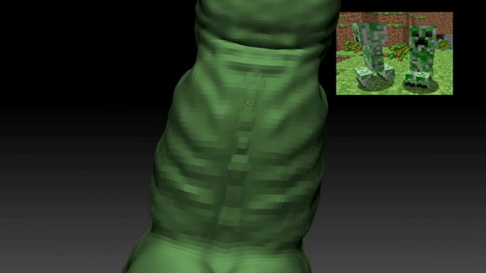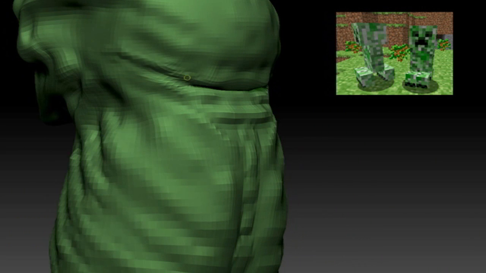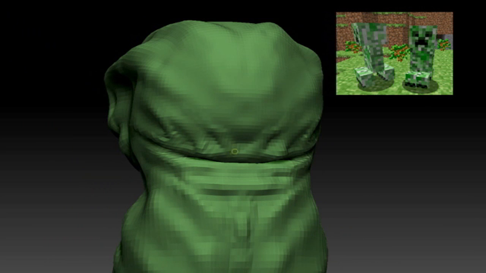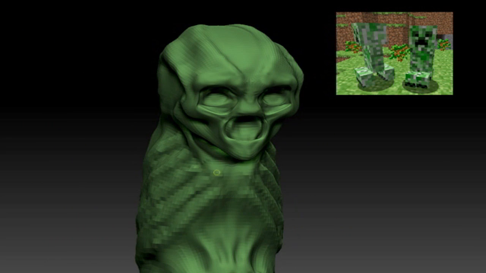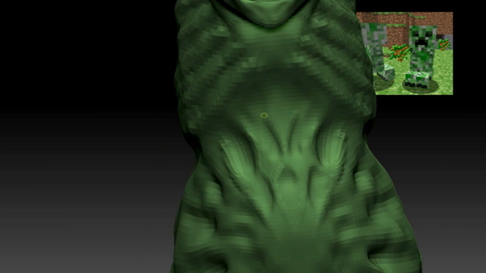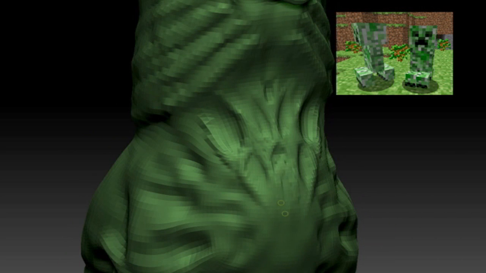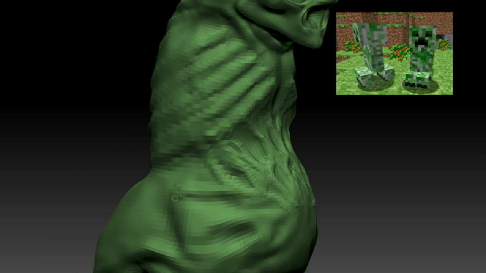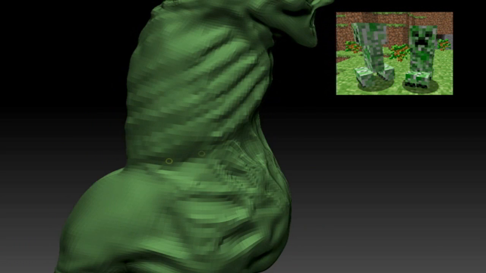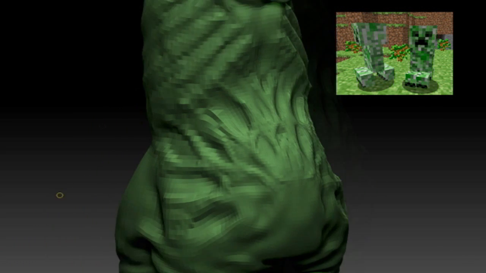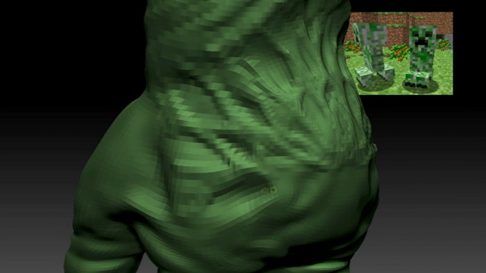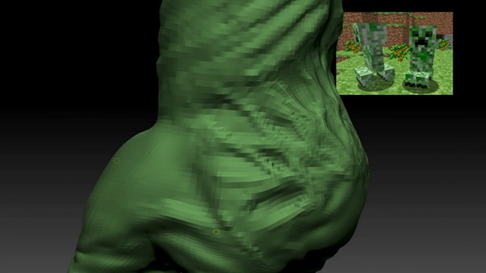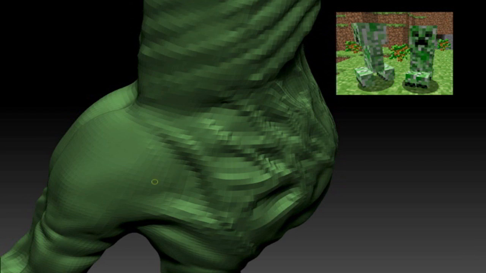So I'm adding the spinal cord right there to give more emphasis on the fact that it does have anatomy, and it's not just a freaking rectangle thing with legs. And there you go, I'm adding the veins from the stomach, and the reason why I'm doing organic details like this on the stomach is because I want to make it look like this thing is going to explode in your face if you get too close.